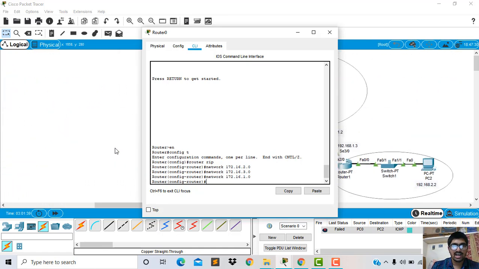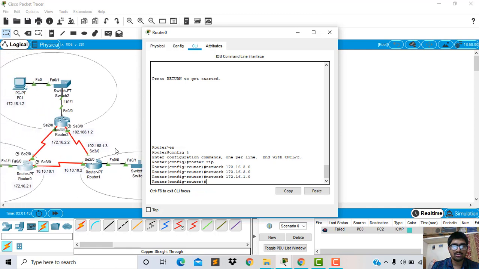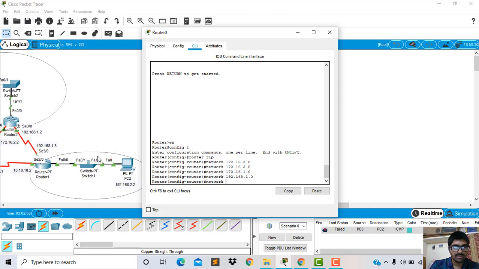If the packet is sent from PC0 to PC2, I want to access the network address 192.168.1.0, and for PC2 the network address is